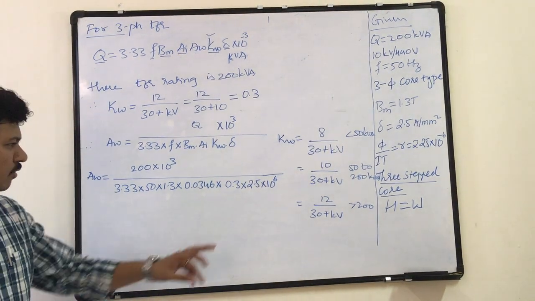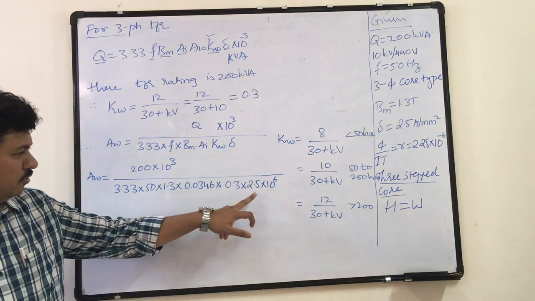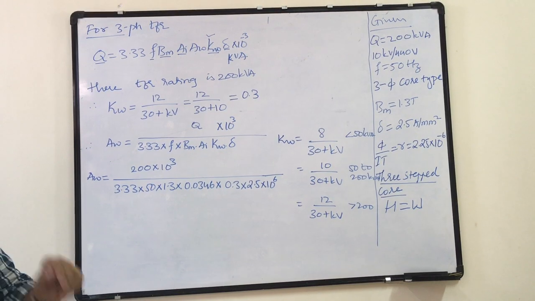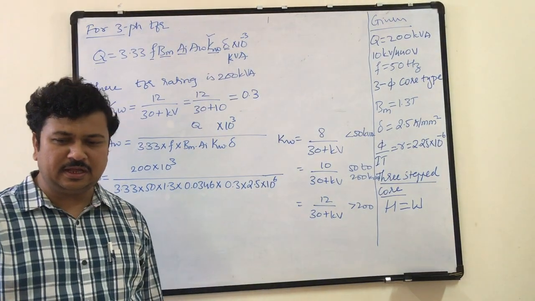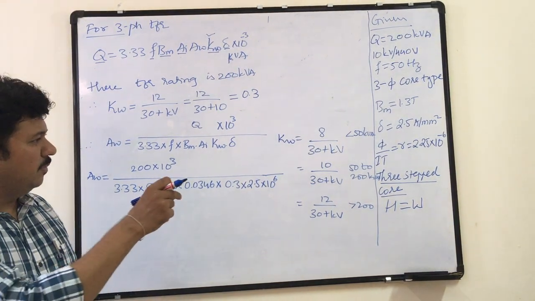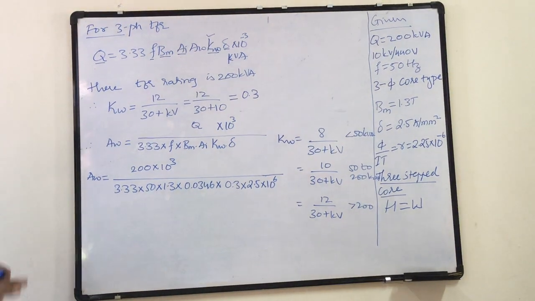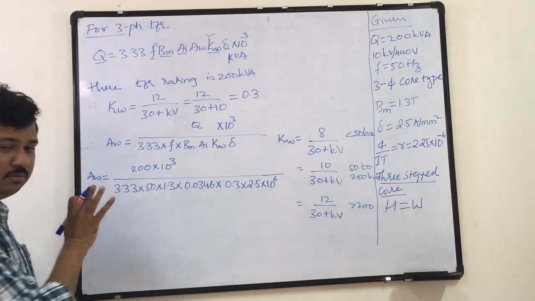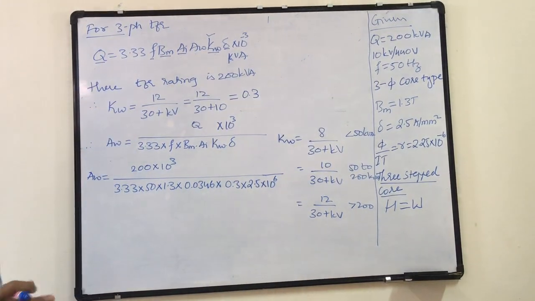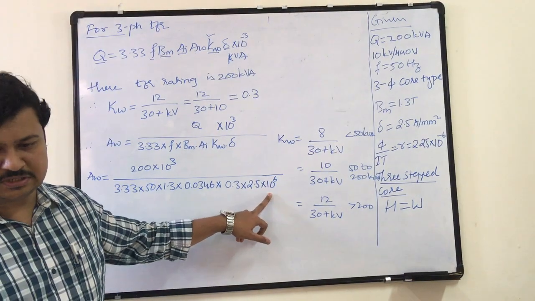If I don't use this 10 to the power 6 multiplication here, and use 2.5 directly like I do in calculating area of conductor, where I need the conductor area in millimeter square, I divide current by ampere per mm square. Ampere gets cancelled, mm square remains. I want mm square, I get mm square. But here I want meter square. So this ampere per mm square has to be converted to ampere per meter square. For that I should multiply it by 10 to the power 6.